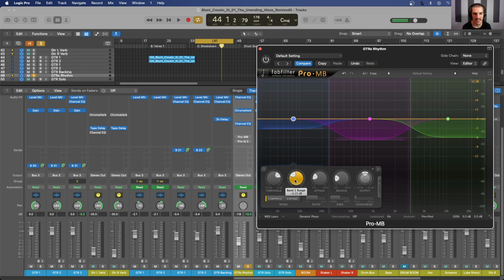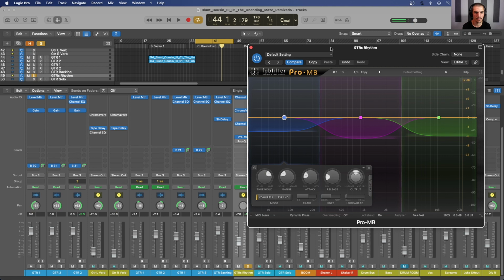So we will sort of leave this as is and adjust it if necessary, if we're really bumping up against the limit right here. We can also boost this, which gets into expansion territory. Again, more advanced features. We will just be focusing on the compression in this case. So if we turn this on and listen back,